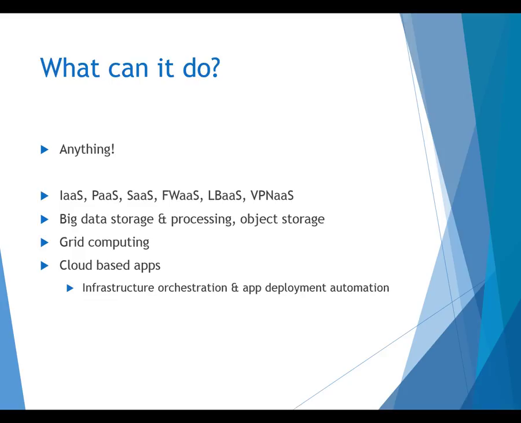Some of the more advanced configurations that providers can do: you can run firewall as a service, load balancers as a service, and VPN, both VPN connecting to a virtual network, so tunneling, and also a virtual private network. So you can do advanced network configurations, which we're going to look at as well. Companies will run big data processing. You can run grid computing on it, and cloud-based apps. That's similar to vApps.